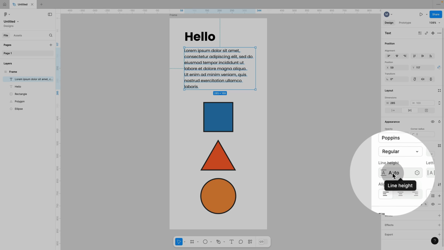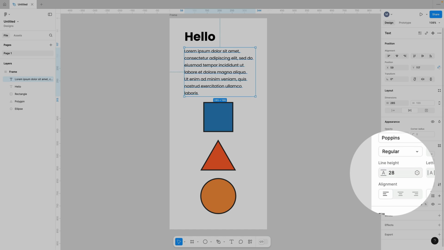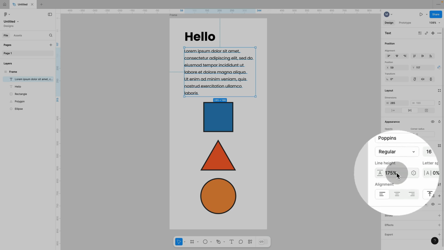You can calculate this. So you could say 16 is my text size. And now I am multiplying this by 1.75, and therefore it would give me the pixel value of 28. You could also use a percentage notation, so I have 175%. If this is all new to you, then just leave it at auto for now, which is giving you a